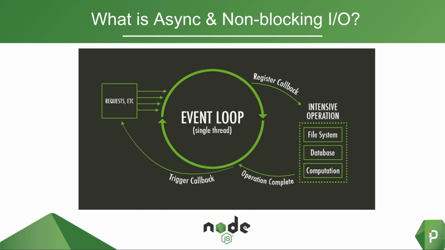So in here, on the left side, we've got the requests, and there are many requests coming. The event loop in here is actually just a specific loop. You can imagine it as a JavaScript while loop that keeps running on your main thread, which is just a single thread that's running this particular loop. It keeps receiving the requests, and what it does in here is it just registers a callback. So every time it receives a request, for example, a user